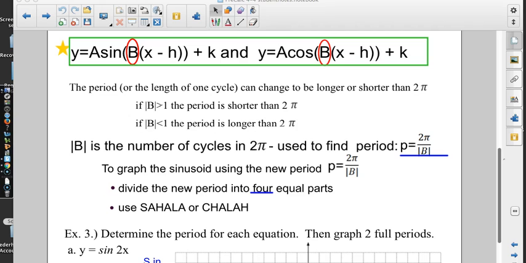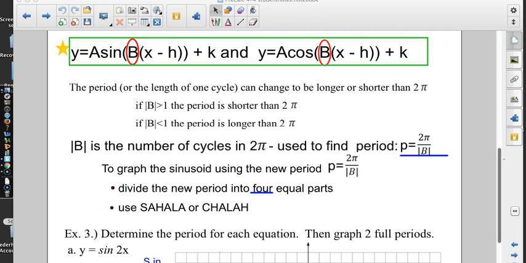So if the absolute value of b is greater than 1, we have to think backwards because this is dealing with x. If it's greater than 1, we're actually going to get a shorter period. It's going to be that horizontal compression. And if the absolute value of b is less than 1, which is going to be a fraction for us to take a peek at, we actually have to think backwards and say, hey, this is going to be a horizontal stretch for this. So the absolute value of b is the number of cycles in 2 pi,